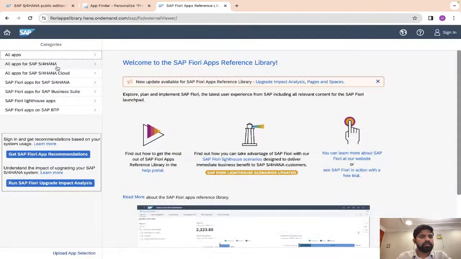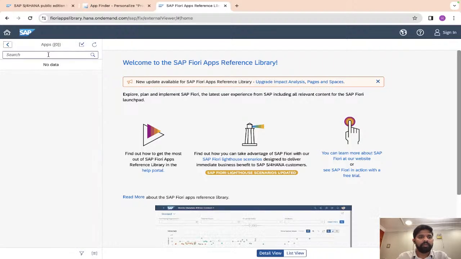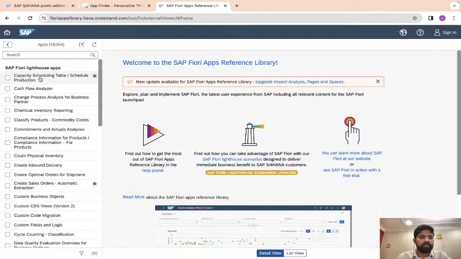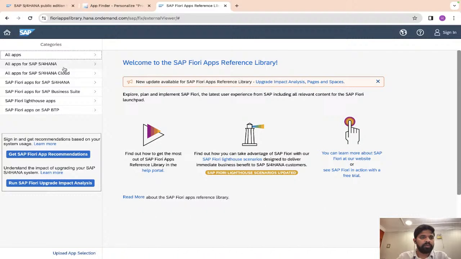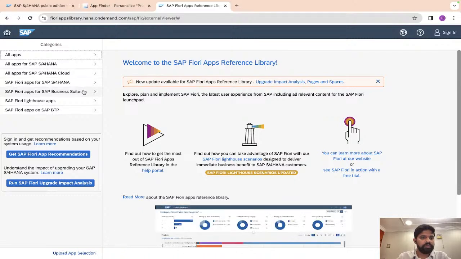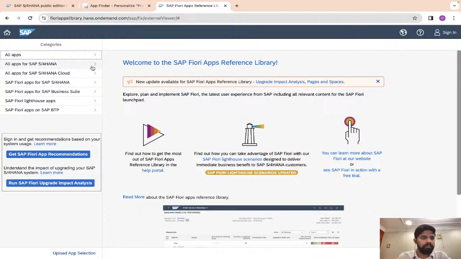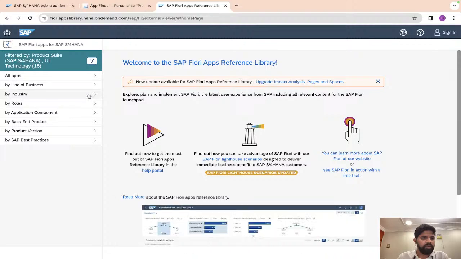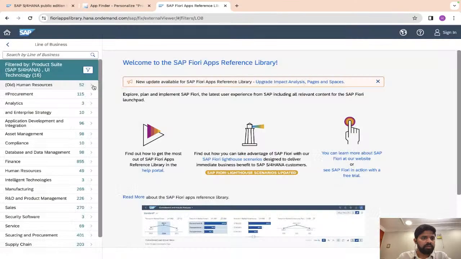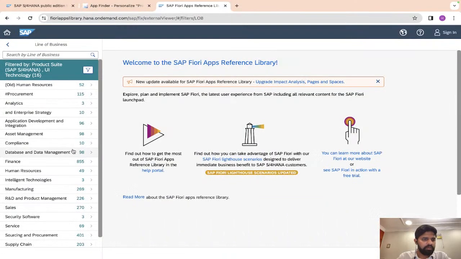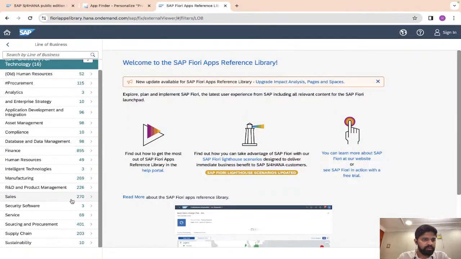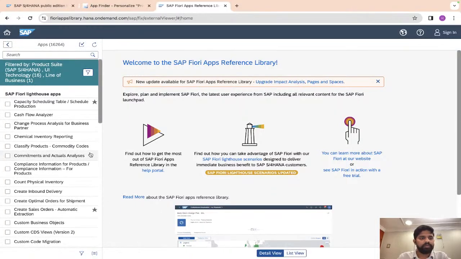So these are all apps. Or what we can do is go by business suite, SAP S/4HANA, our business line. Finance, sourcing and procurement.